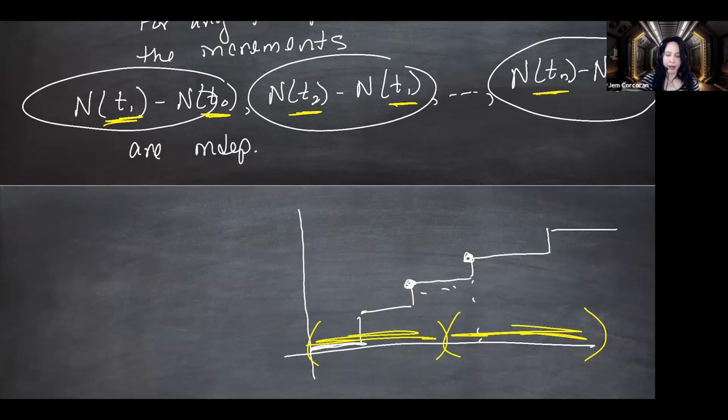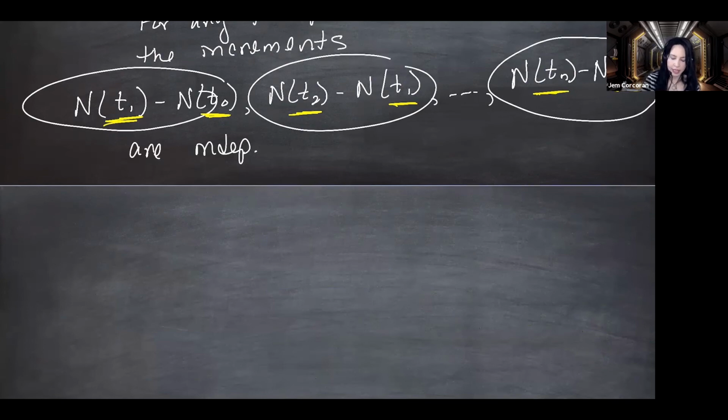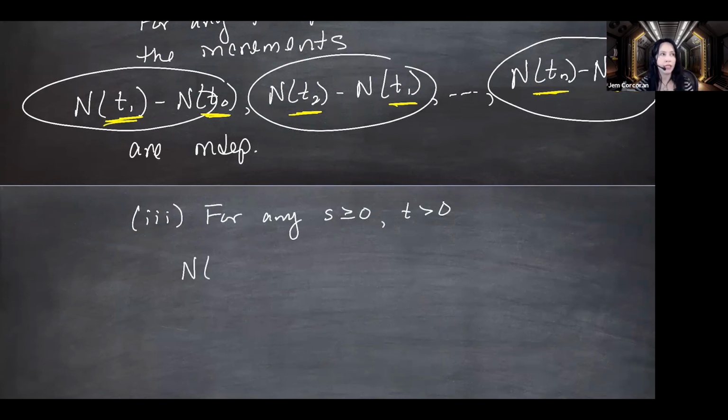Third thing, why do we call this a Poisson process? Because it involves the Poisson distribution, although it doesn't have to, because my other definitions don't. But what is this one doing? This is triple I of the definition. It says for any real number s greater than or equal to 0 and real number t greater than 0, we're going to look at the number of arrivals between time t and time t plus s. So that's going to be, I'm going to write s plus t.